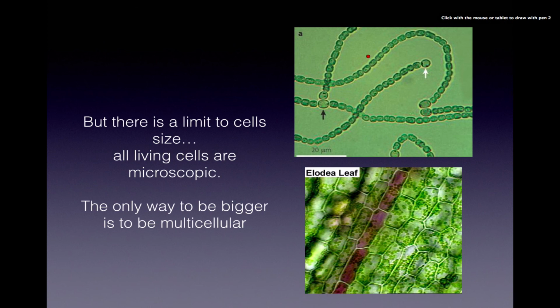Okay, and so here we have some very simple multicellular algae. These algae are arranged in strings or filaments. And here we have, of course, a cross-section of an aquatic plant called Elodea, and you can see the individual cells, a lot like what Robert Hooke saw in cork. And each of these little green circles are compartments we know as chloroplasts, and their job is to do photosynthesis. But the reason why organisms like cats and dogs and humans can be so big is because we are multicellular. We have kept our surface area to volume ratio high by having lots and lots of cells working together in tissues and